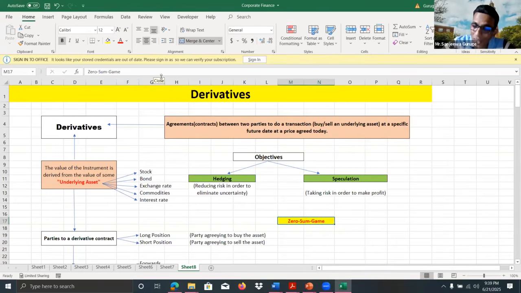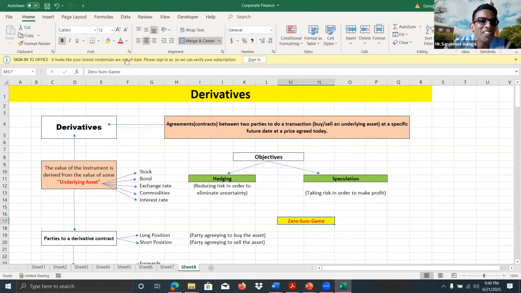Otherwise, you know what happened to our country due to that oil hedging contract, right? The people who entered these contracts without proper understanding, you know who was the chairman of CPC at that time, right? What is the qualification he had? A person who has not even passed the O-level exam was performing as the chairman of CPC, right? And in addition to that, a lot of political influence. So we know what happened. The country lost about $800 million due to the hedging contract. So that's why these derivatives should be used with proper understanding, right?